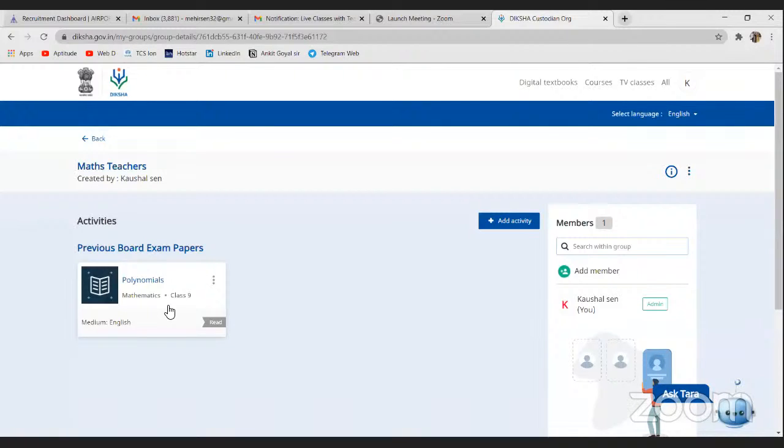अब ग्रुप में मेरे जितने भी मेंबर्स होंगे, they will get to see, whenever they open it, they will see कि मैथ्स टीचर्स के ग्रुप में ये क्लास 9 की पॉलिनोमियल्स की एक्टिविटी आई हुई है। So then they can read it, whatever the activity requirement is, they can do it that way. तो इस तरीके से हम एक ग्रुप बना सकते हैं अपने टीचर्स के साथ, कलीग्स के साथ, और उनके साथ अलग अलग तरीके की एक्टिविटीज शेयर कर सकते हैं, चाहे वो कोर्स हो, कंटेंट हो, पेपर हो, डिजिटल टेक्स्ट बुक्स हो, अलग अलग तरीके की चीजें हम इसमें इंक्लूड कर सकते हैं।